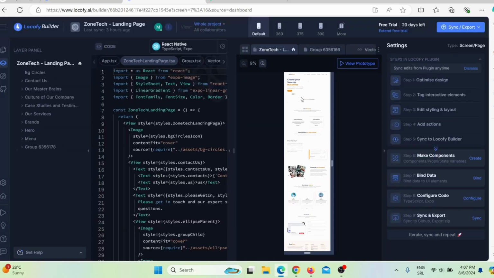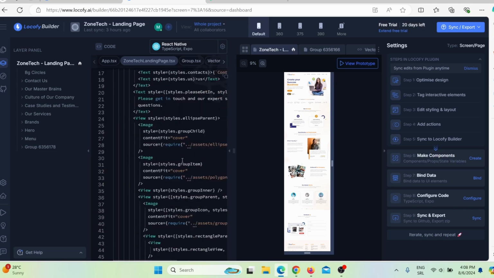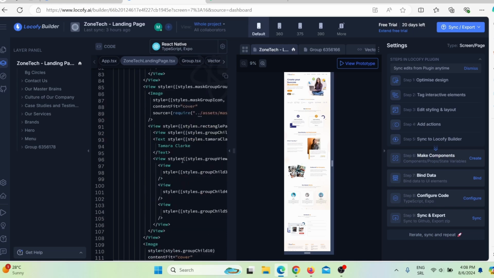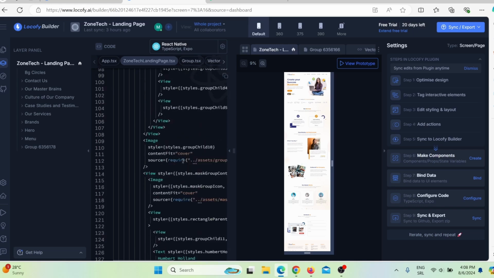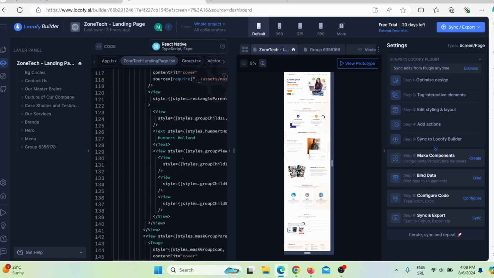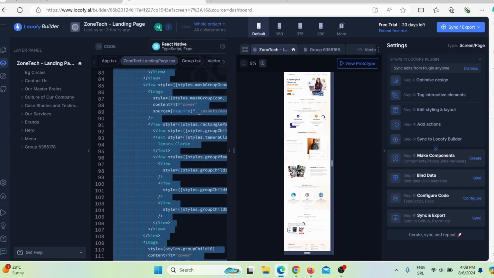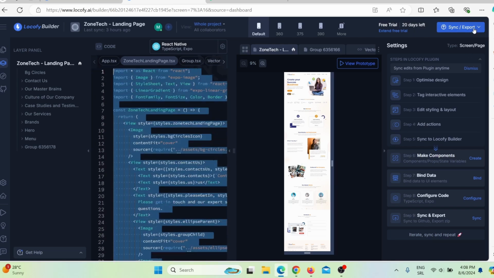And here you can see, and this is my Figma file, and here you can see the HTML code for that Figma file. And here you can actually change something, you can fix something. If there are any errors, I would strongly suggest to actually check out everything before you send it to your client. Now you can send it to your client by simply copying this, or you can simply click here on sync and export